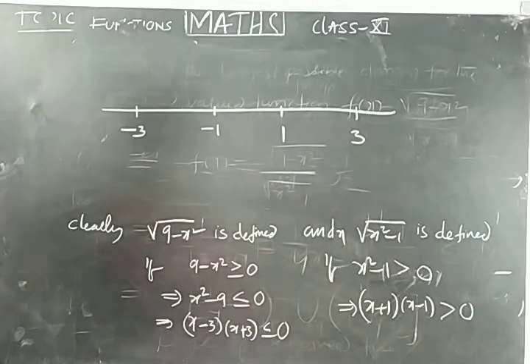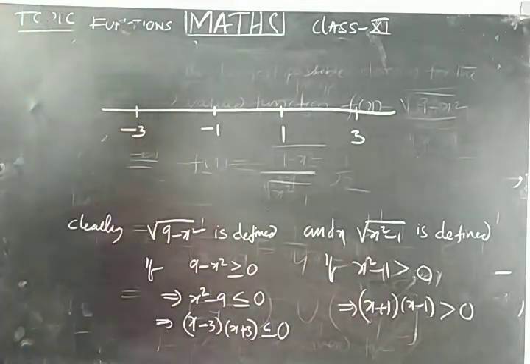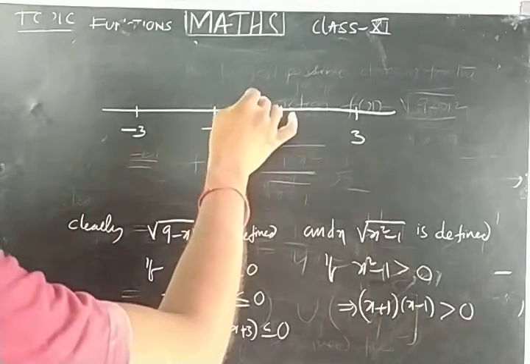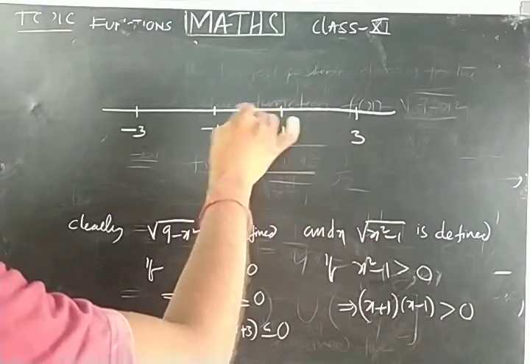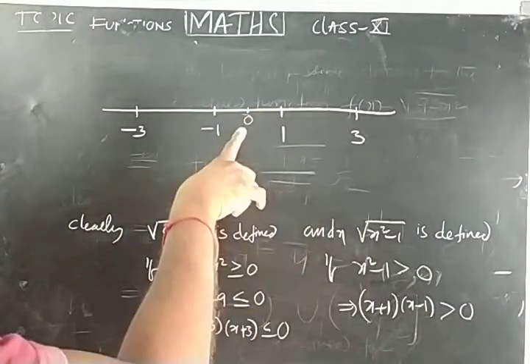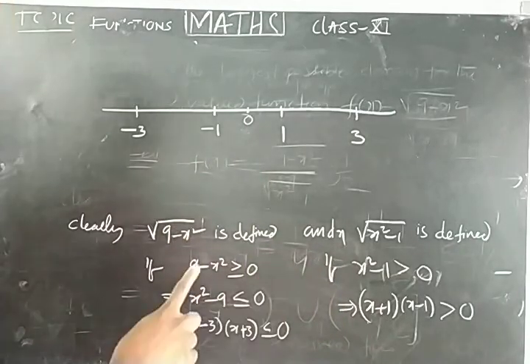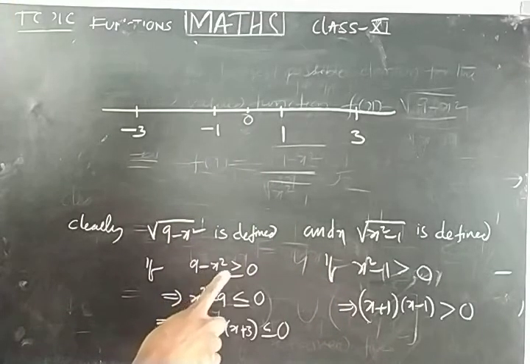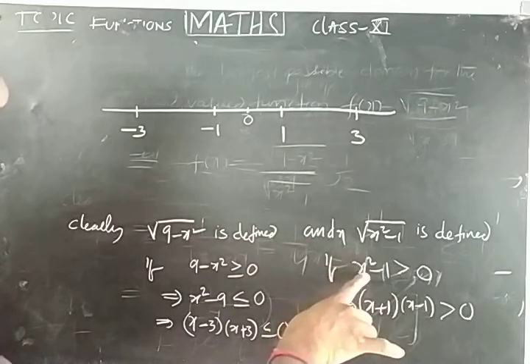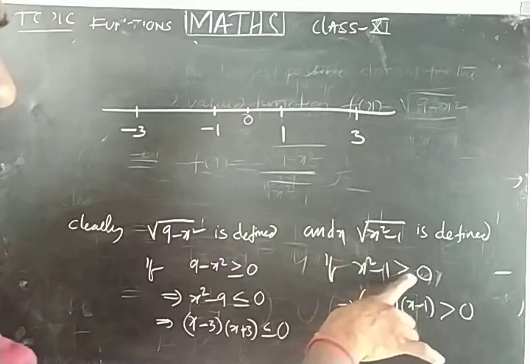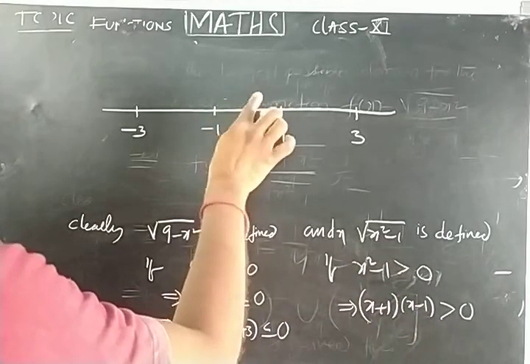Now I am going to check whether these values satisfy in this interval or not. Suppose I am taking here some middle value. You can take any middle value. For convenience I am taking 0. You can check only one value, it is enough. Suppose I am substituting 0 in both the functions. 9 minus 0 greater than or equal to 0, okay, satisfied. Both functions should satisfy that value. 0 minus 1 is not greater than 0. So we should not take this interval.